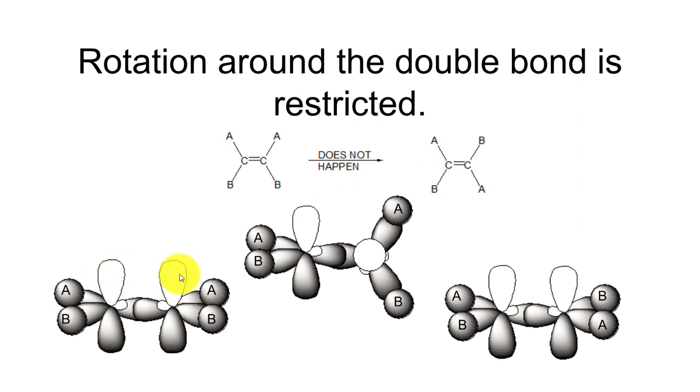In order to rotate, they would have to get out of being parallel with each other and then rotate back into parallel, so that the A on this end of the molecule would rotate up and then over to this position where the B is, and the B would rotate back to where the A is. But again, to make that happen, the p orbitals would have to become not parallel, so they couldn't overlap as well, and so that would take a great deal of energy, and that just does not happen. So again, this stuff here is the theory, this is the fact. Rotation around